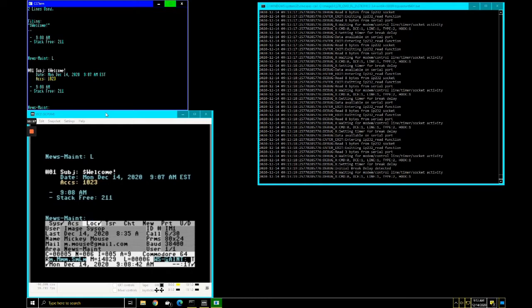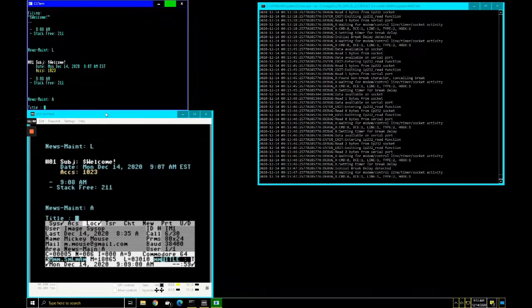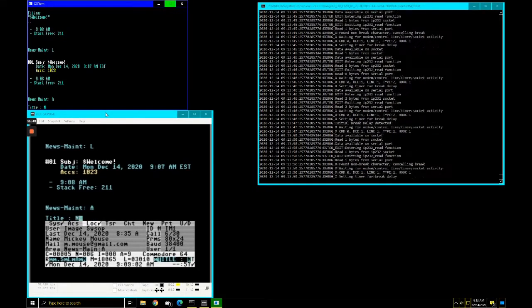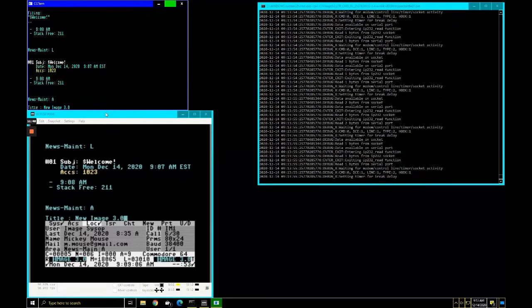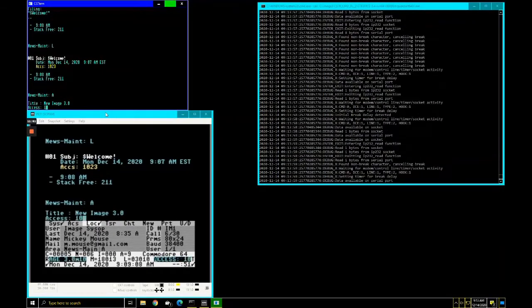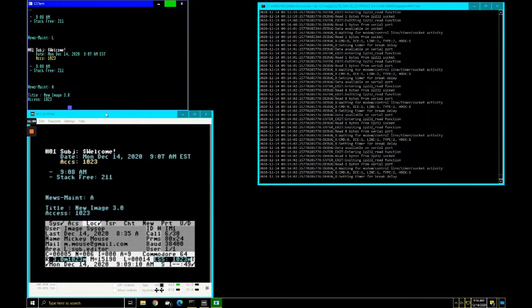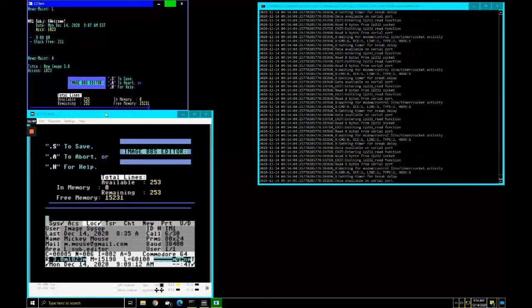If you just want to add a regular news file that is only visible to the user logging on if it's new since its last call date, here's how to add a normal news file. We're going to call the title new image 3.0, and access 1023, and we're going to make it say